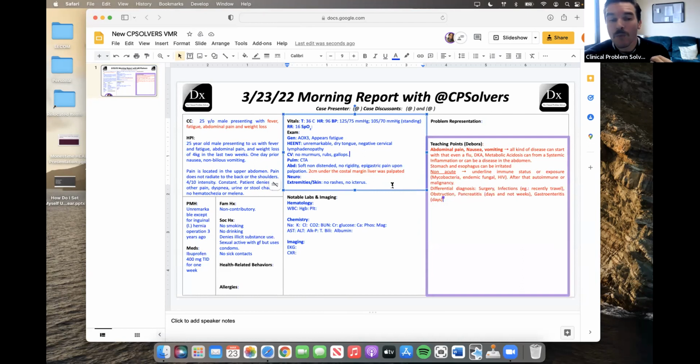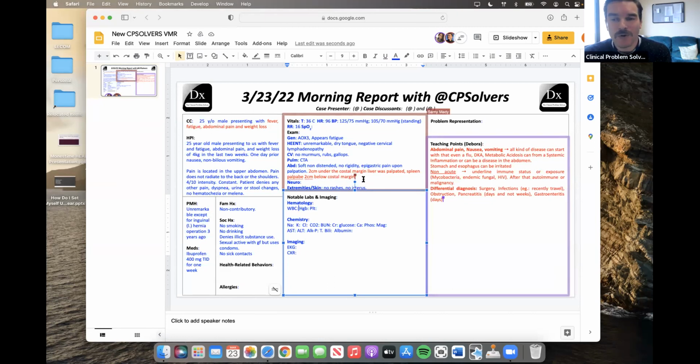And so I think what we're going to be looking for on labs here is to say, is there information that can support cross-sectional imaging, or is there information that can buy us out of it, which would be something like rip-roaring DKA as a new diagnosis, or rip-roaring pancreatitis? Because then we're going to manage the pancreatitis and see how the abdominal pain evolves. In this case, the momentum of the gentleman's symptoms, the illness course, is all going towards cross-sectional imaging, but we're going to have to see where things unfold.